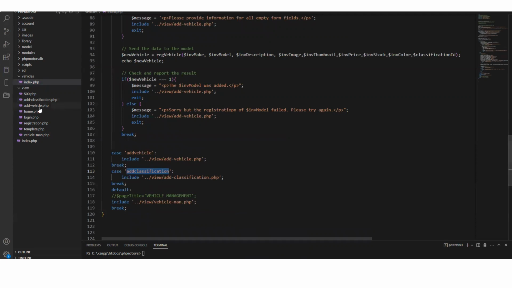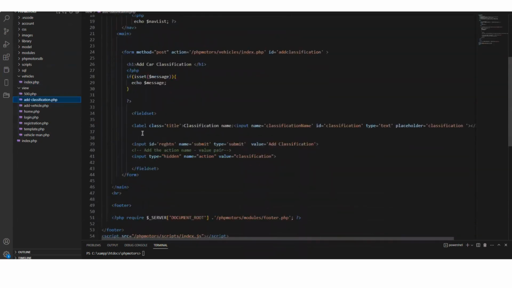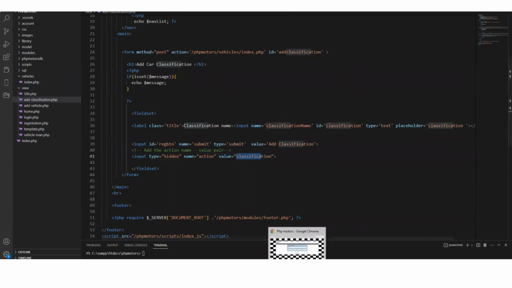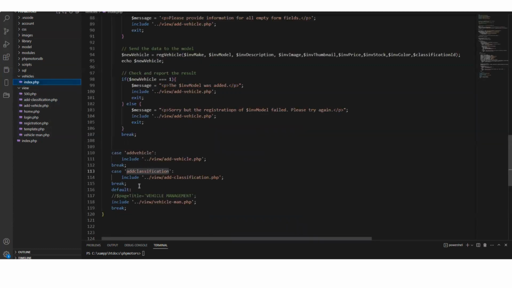Now, if you look at the value that is passed on the button, the value that is passed from the button is going to be passed to the action. This value is classification. So when it gets that classification, it's going to say, hey,